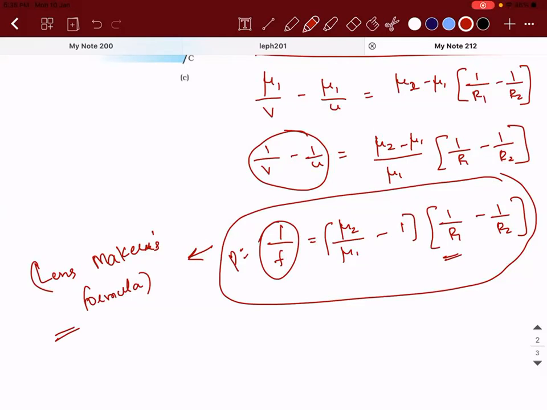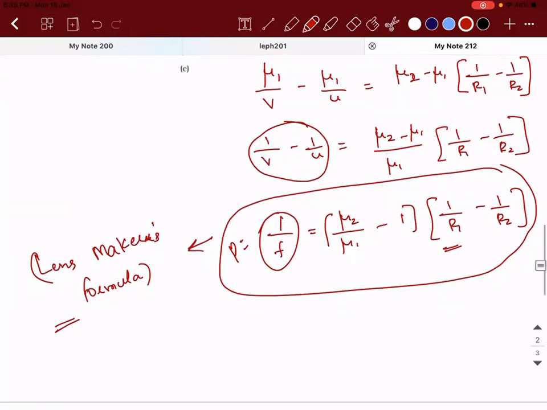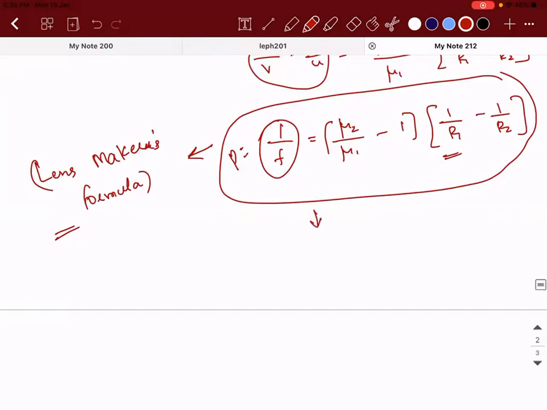But remember, while applying lens maker's formula, not only lens maker's formula, for that matter, any formula you're applying, you need to apply sign convention. Are you guys convinced with the fact that why I did not apply sign convention for the refraction at spherical surface in this case? Because it is an approximate diagram. So whichever is unknown, you should not apply sign convention to it. That is a thumb rule while solving problems. Okay, and this is a very, very, very important formula. Not only in the theory part, even in Viva, many questions will be asked based on this, when you do experiments based on lens.